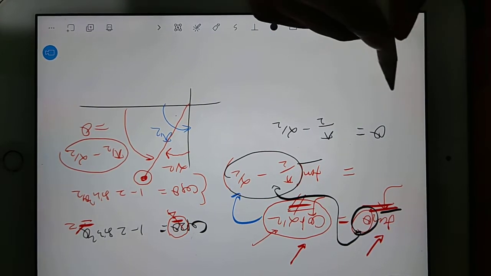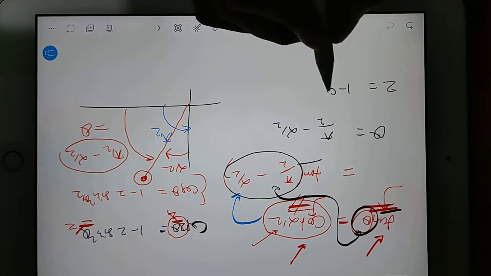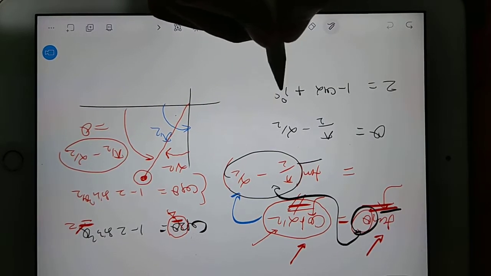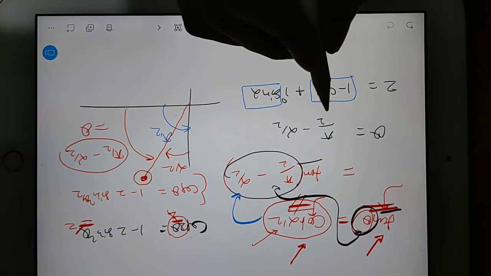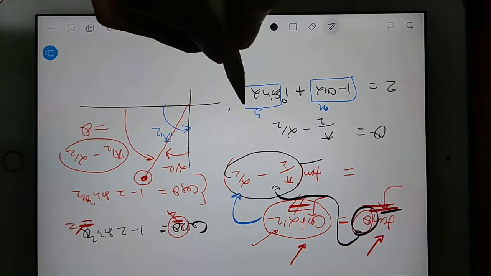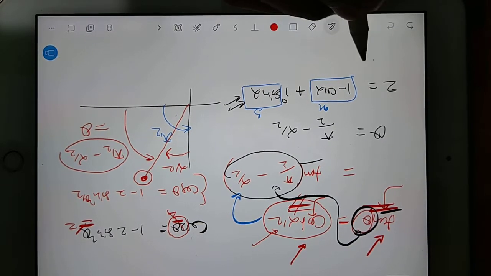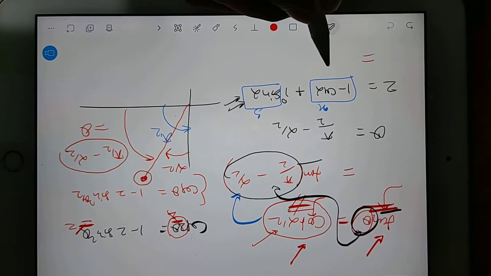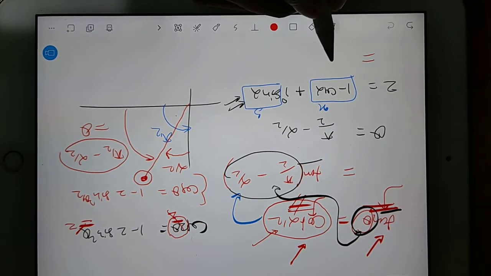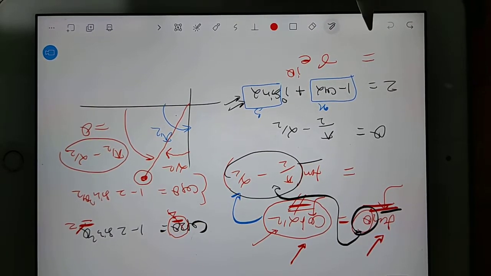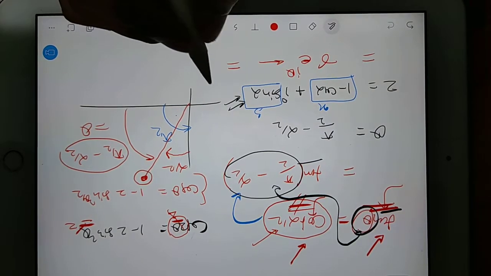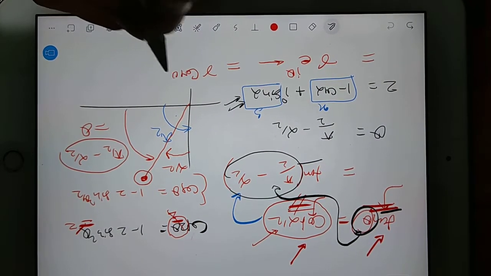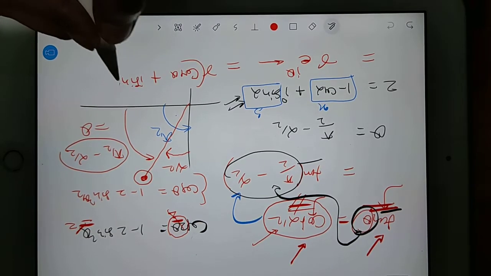So your z was given as 1 minus cos alpha plus i sin alpha. This was a separate number, like x and y. Now this was in Cartesian form, or you can say rectangular form. I am converting into polar form, that is nothing but modulus amplitude form. So I can write it as r e power i theta. You can also write it as r times cos theta plus i sin theta. This is also one format.